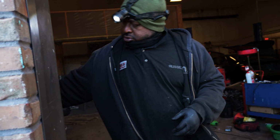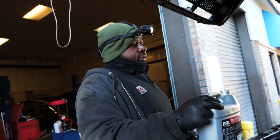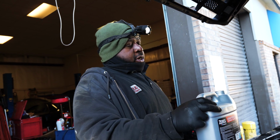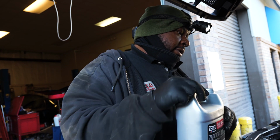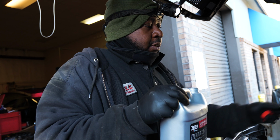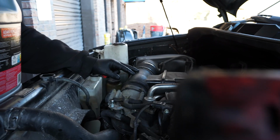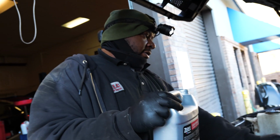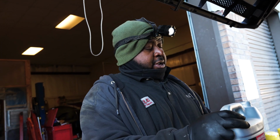All right, so one coolant down. I'll tell you what, I don't like none of this new stuff, and you hear a lot of mechanics say the exact same thing too. And I get it, it's how we make our money and everything like that, but when you see things that come in here, like this Toyota Tundra has plastic. A lot of these cars have plastic intakes, plastic boxes, which is fine. But the excuse that they use, that the EPA makes them do it to make these cars lighter every single year, is ridiculous. And the amount of plastic they're using in these new cars now...